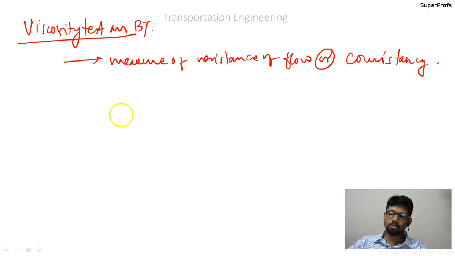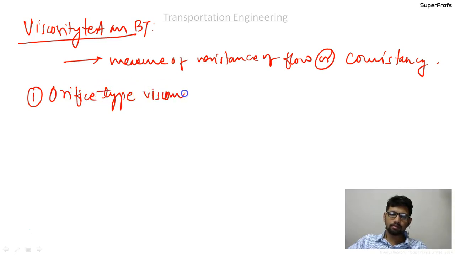To find out the viscosity of bitumen in liquid form, we use the orifice type viscometer.